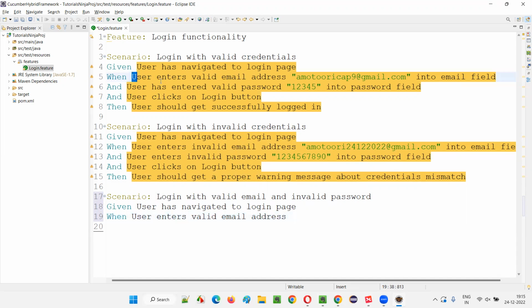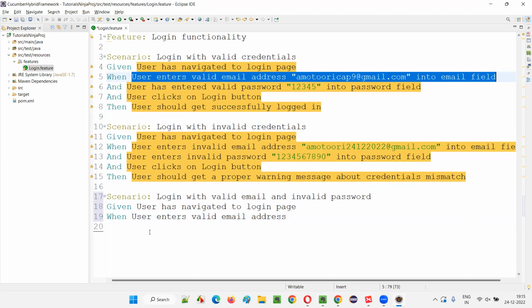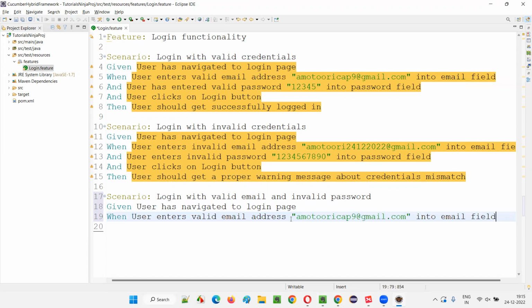The same steps, guys. Okay, user enters the valid email address. This is the same step you are going to write. Here also, the first step is same. User has navigated to login page. This step is same, and user enters invalid password